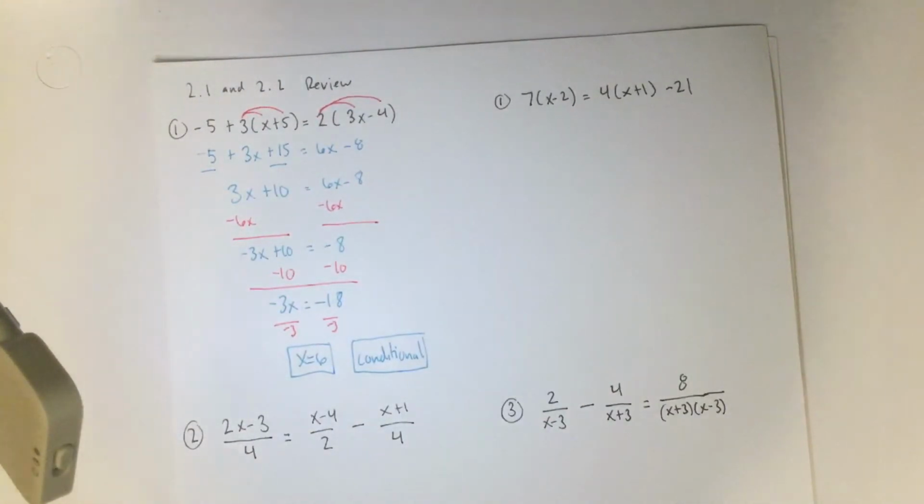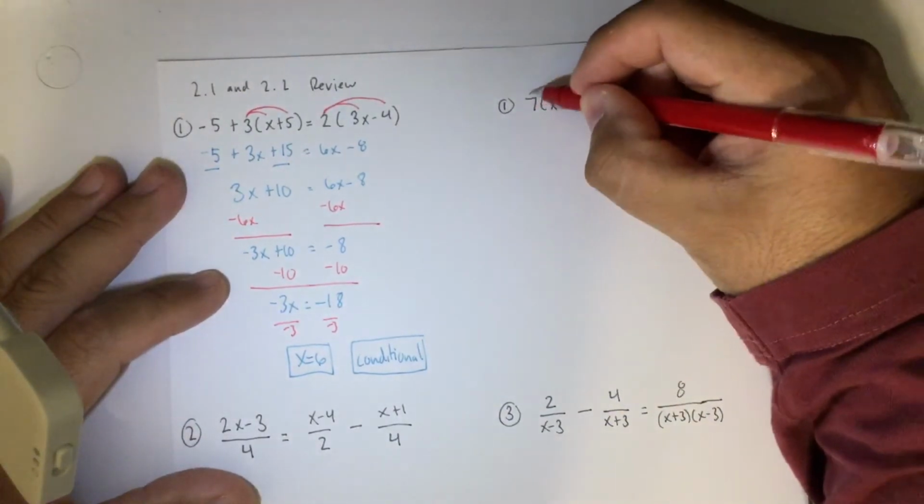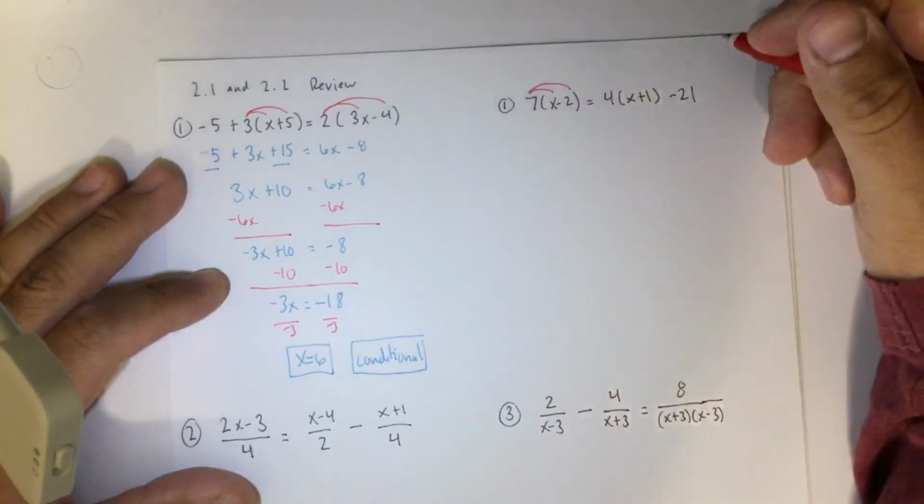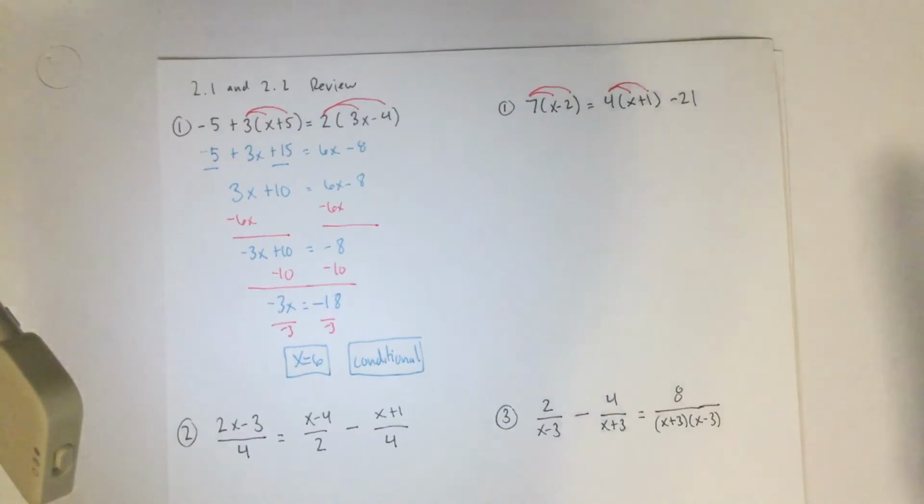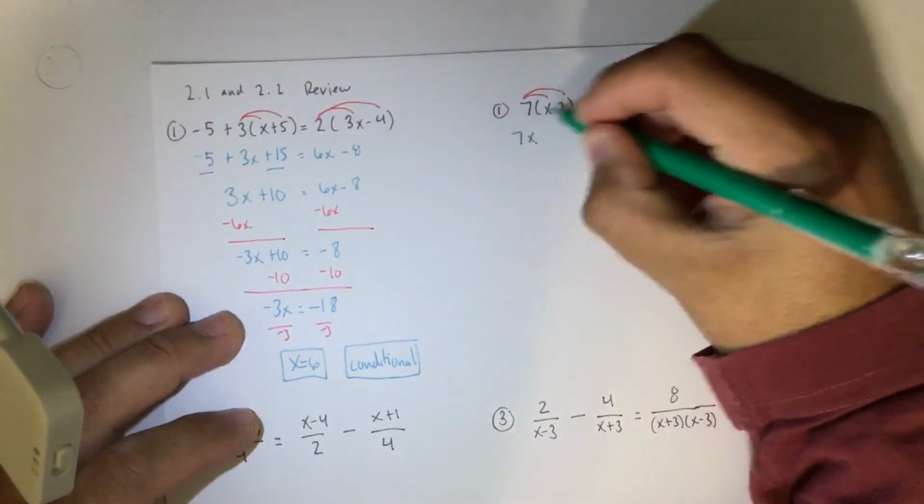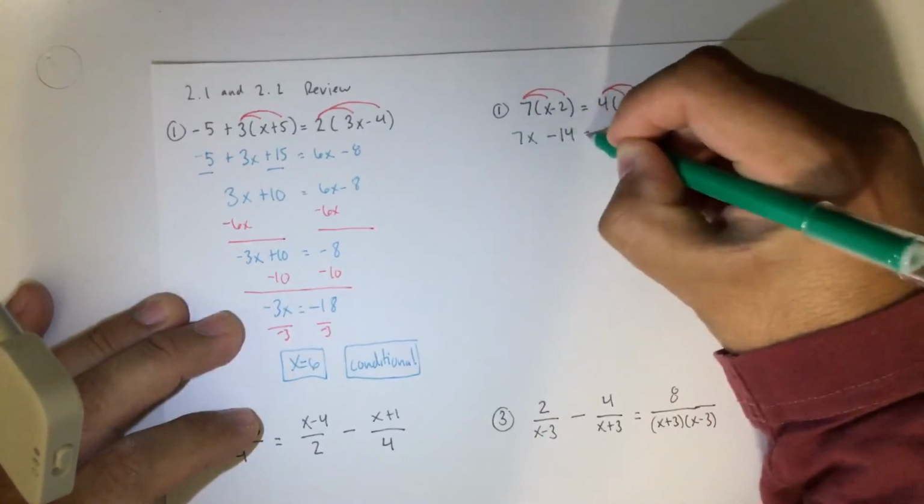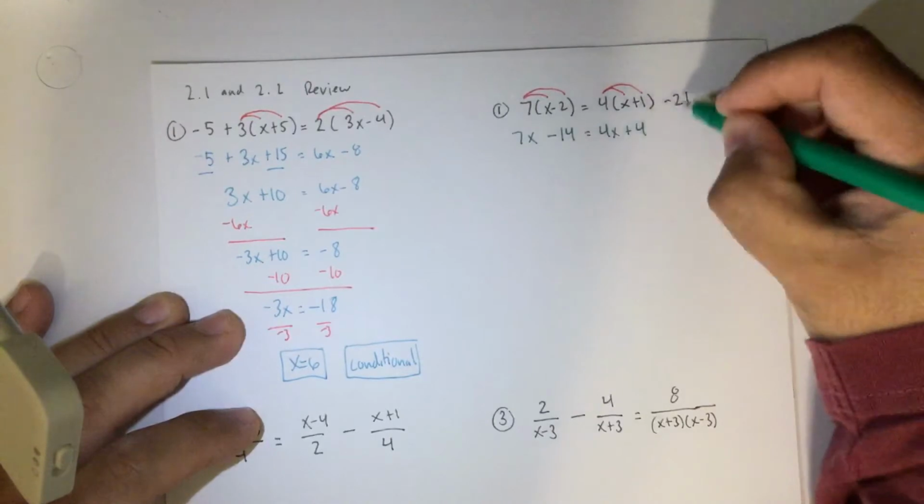All right, for the second number one, let's go ahead and take a look at this one here. Again, before we start solving, we do have to simplify. So we're going to distribute 7 times x and 7 times negative 2 on the left side. On the right side, 4 times x and 4 times 1. So 7 times x is 7x. 7 times negative 2 is negative 14, equals 4 times x is 4x, and 4 times 1 is positive 4,